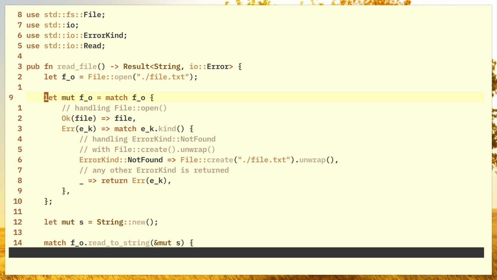So we're going to shadow FO as mutable, and it will be set equal to this match FO. So first we have to handle the result of opening the file. So it can either be an OK, and if it's OK, then we'll say, well, okay, then that's a file, and we'll just return that file. Or it can be an error,